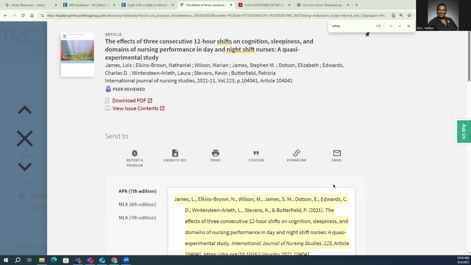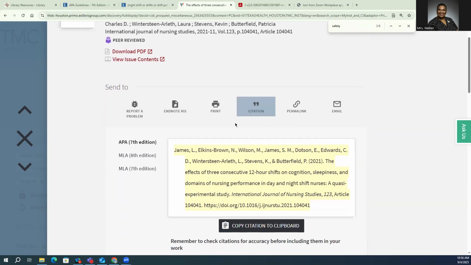I just wanted to show you something really quickly. When you're thinking about using citations in your paper, when you're looking at sources and you're finding articles that you want to use in your references list, a lot of the databases, or most of them, should have an option for you to cite the source and then use whatever citation style you're needing to use. What we normally do here is we use the APA 7th edition. We're in the 7th edition right now.